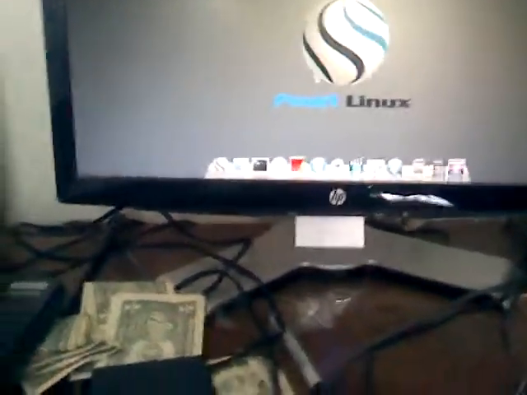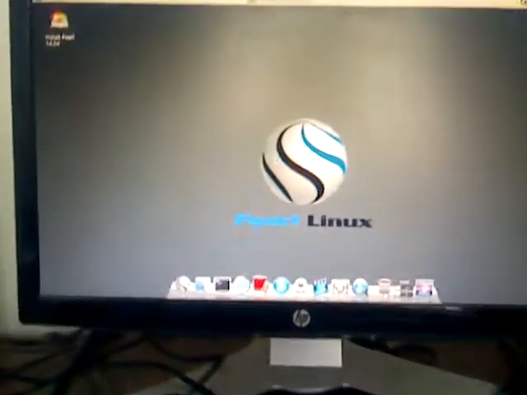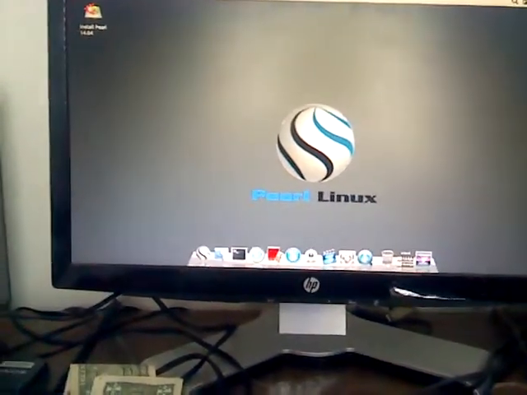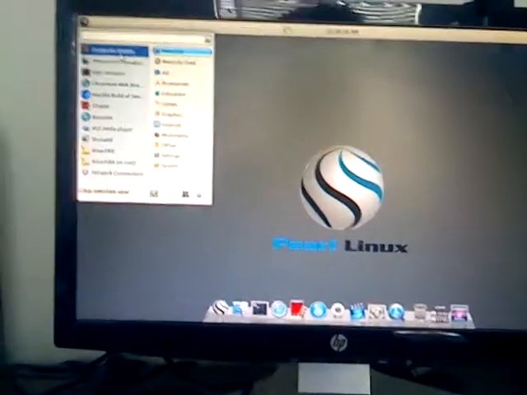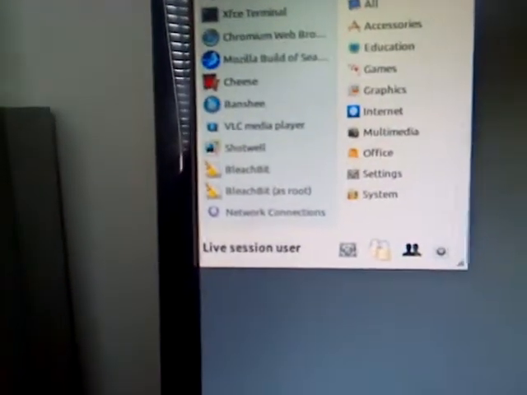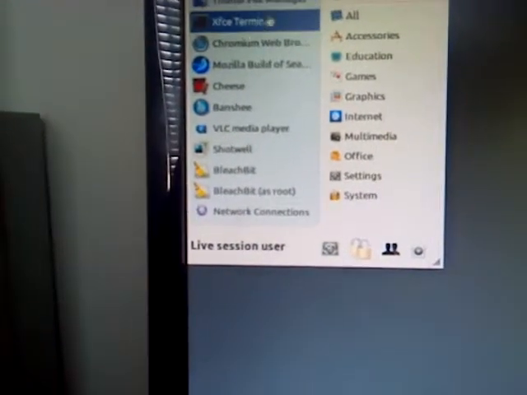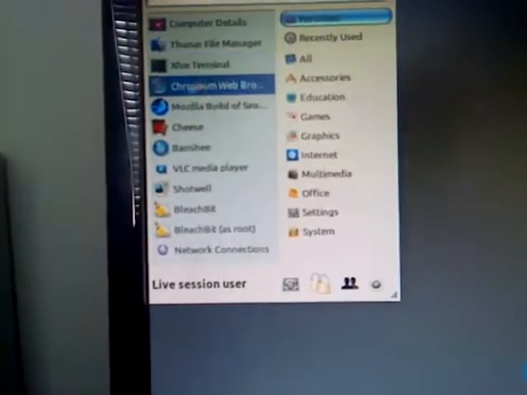So now we could close that. Alright. So now the screensaver turns itself on. So now we got Wi-Fi. Alright, so we go to the applications. And we have favorites. This comes up with your favorites down list. Okay. Computer details. Thor File Manager. XFCE terminal, Chromium web browser, which has the